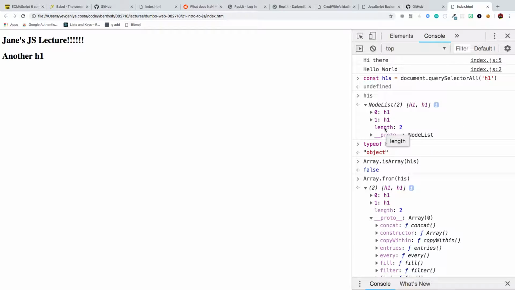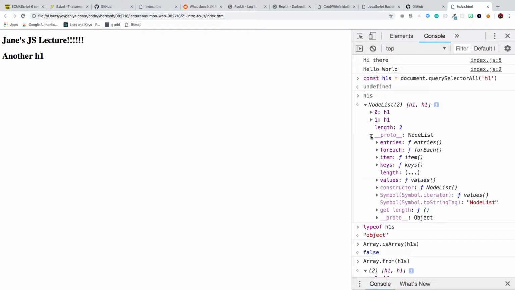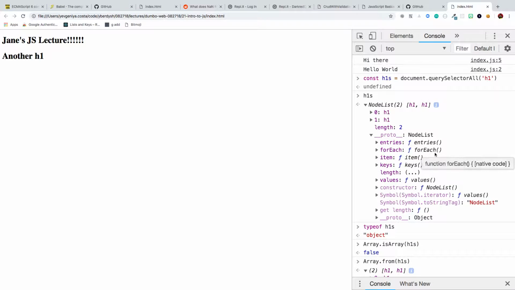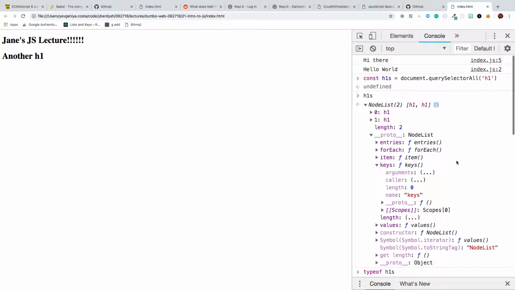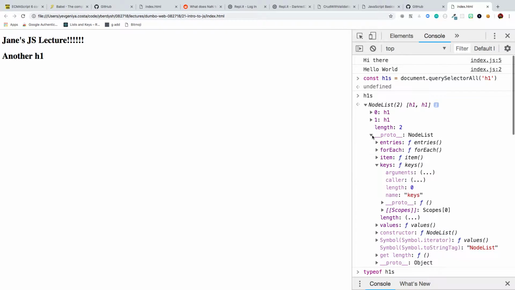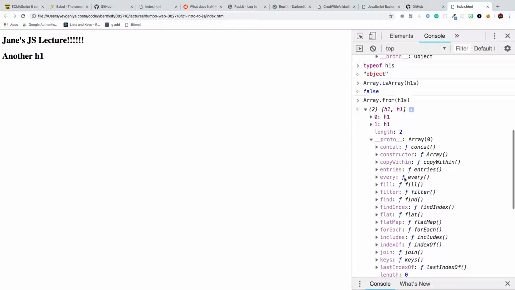So if you have something that comes out being a NodeList, or sometimes you'll have something that comes out and it says HTMLCollection, like if you did getElementsByTagName here, it would be an HTMLCollection. If you press this __proto__, it'll tell you the different methods you can do on it. So with querySelectorAll, it looks like you can do a forEach on it. If you were to use getElementsByTagName and give it h1, I know for a fact that one you cannot do forEach on. So if you're ever in doubt, you can click on __proto__ to see the type of methods that you can run on something. Just as a side note to make your life easier going into the future.